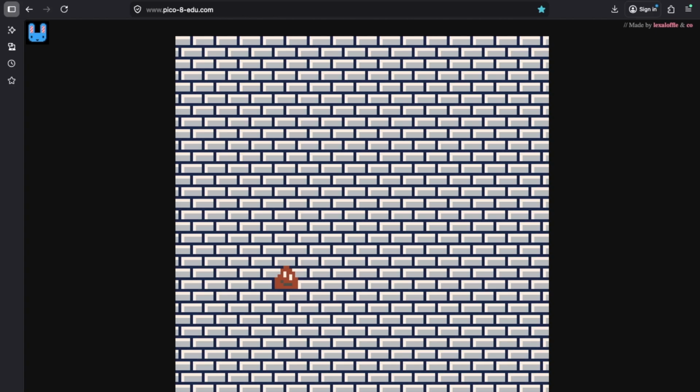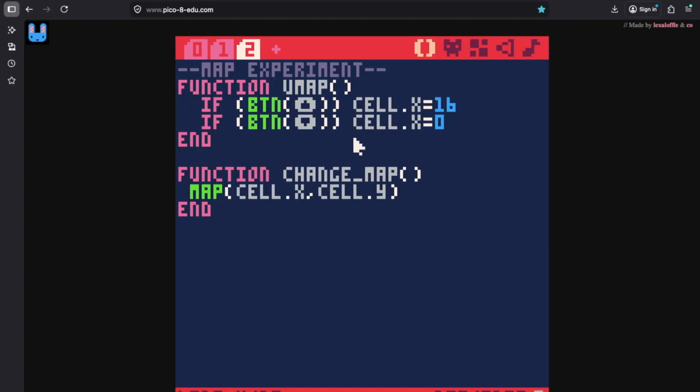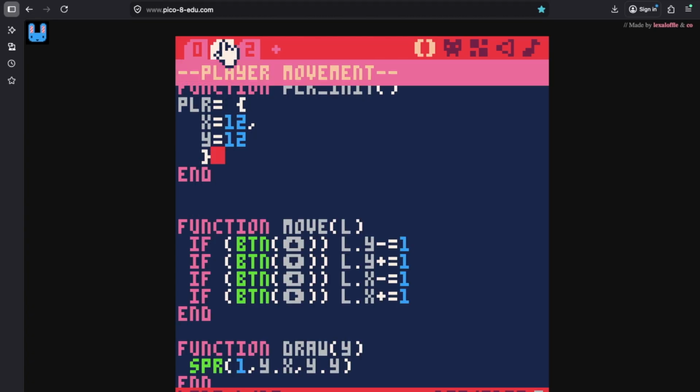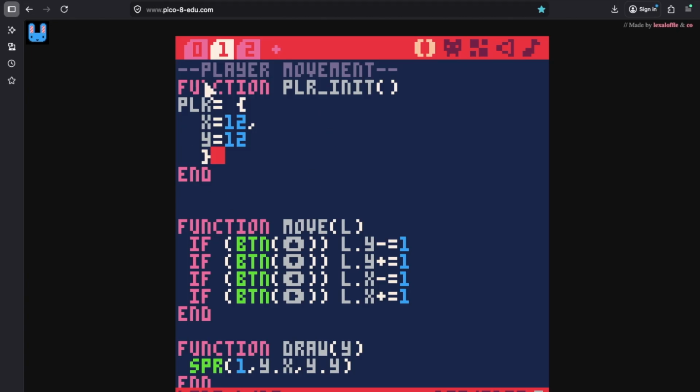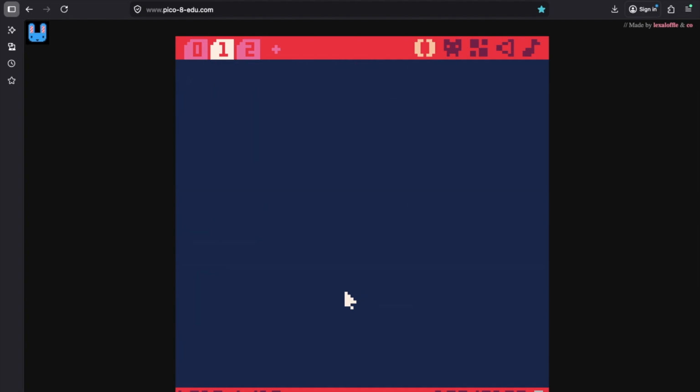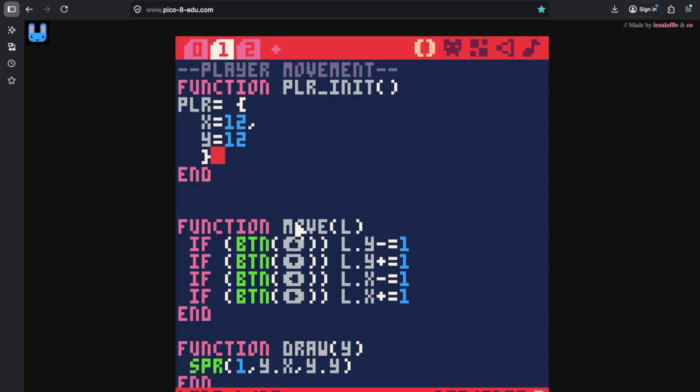So here, I've been doing some map studies. Very basic. Press up, it changes the map. Press down, it changes the map again. But this was basically just like a separate thing. One, I practice how to move my player around. I try to memorize how to actually do that so I don't have to reference my notes every single time I want to. So that's what all this code right here is about. It's about moving the player.